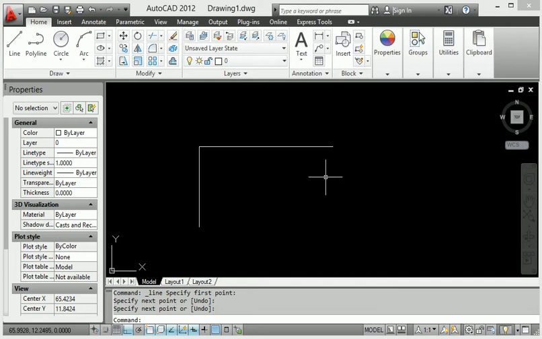Whatever command I selected just previously, if it is the dimension, the line, the circle, or any AutoCAD command, it is directly repeated by pressing Enter and Backspace. So right now I press Enter and apply the command.